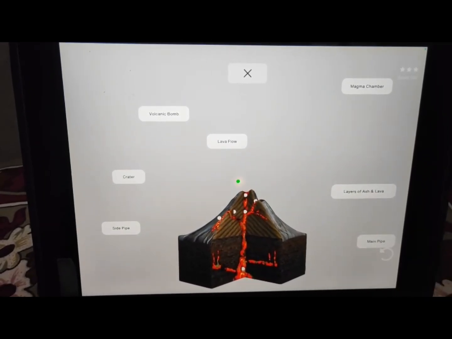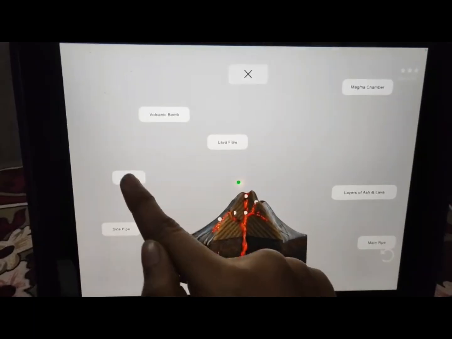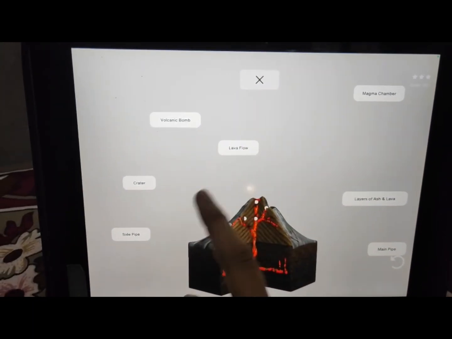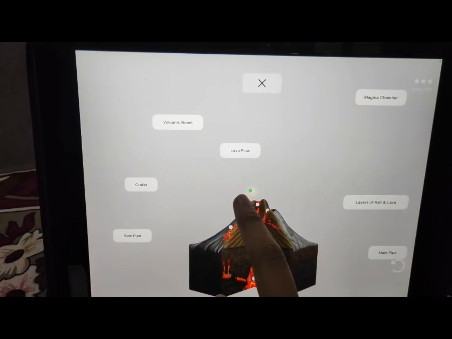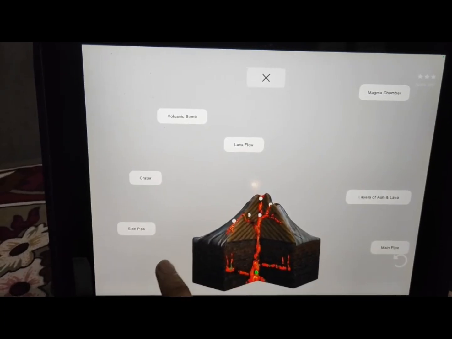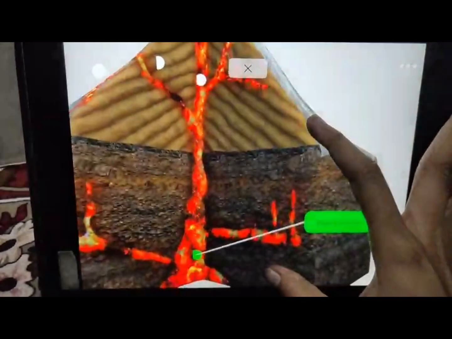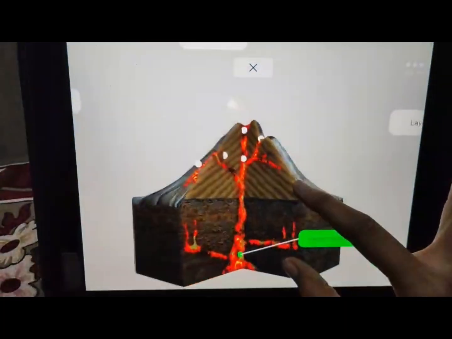So for example, if I clicked on this dot and I click on crater, because the answer was wrong, it will just show a orange line lighting on the corners. Now if I click on this option and I think the answer is magma chamber. Yes, it's right. If it's right, the heading will come right next to it and it will become green.